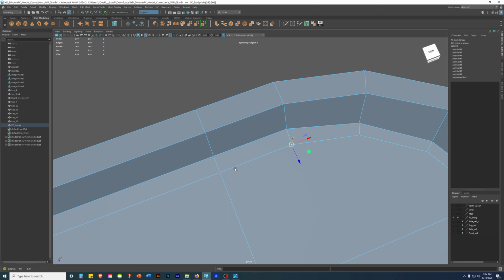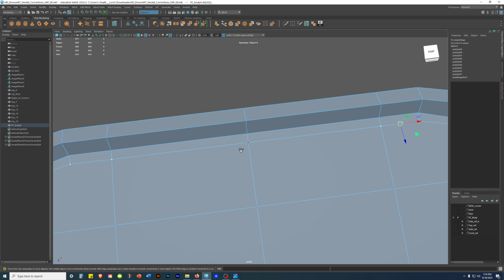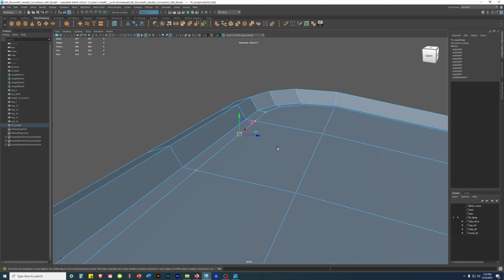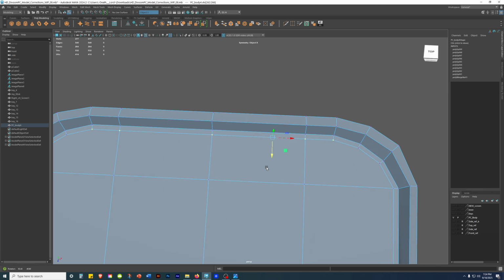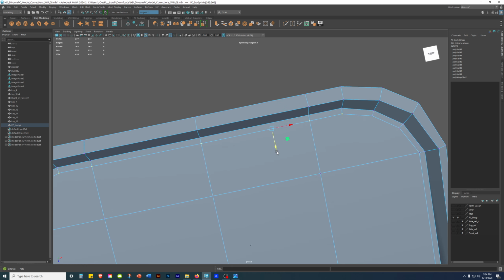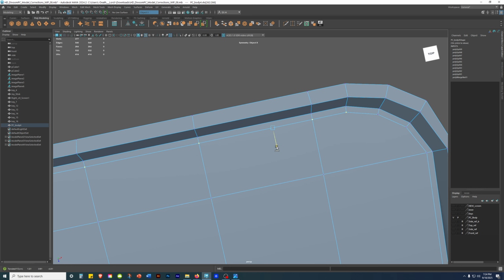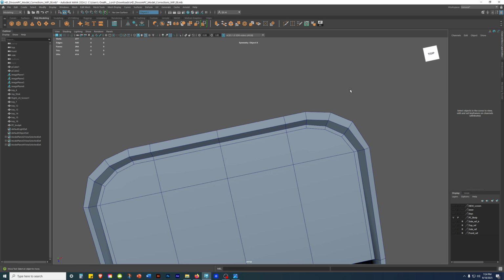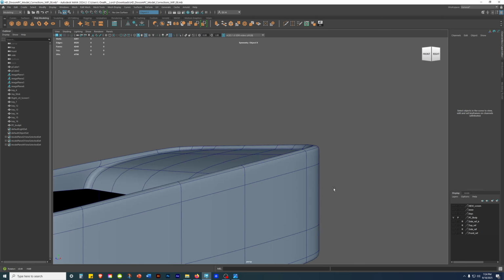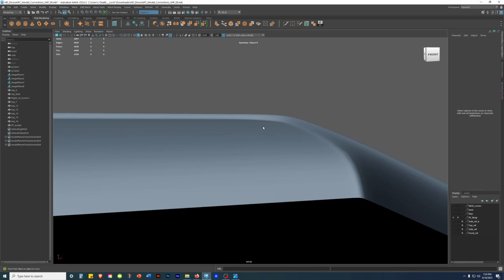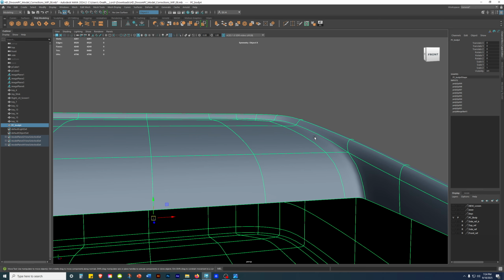Grab it, grab it, grab it, Control Shift, slide it there, Control Shift, slide it, then bam, see, there you go, and you have that loop now coming down, just like in the